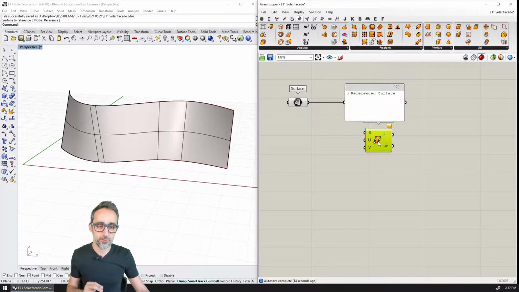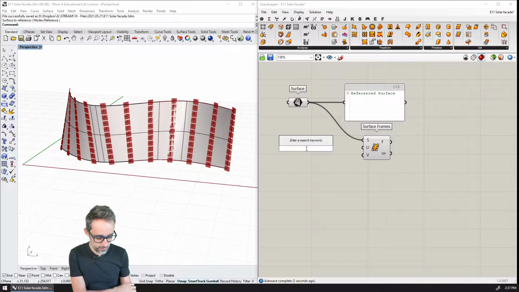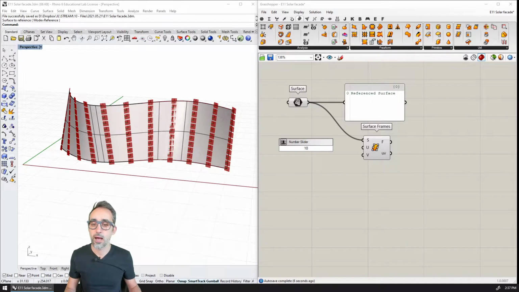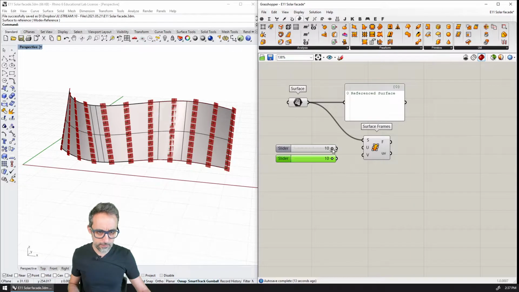So I'm just going to opt for Surface Frames instead, and then I would like to subdivide this into a grid of UV planes, and that's going to be, for example, 10 and 10, and actually no, I'm going to do a little bit more than that, 15 and 15